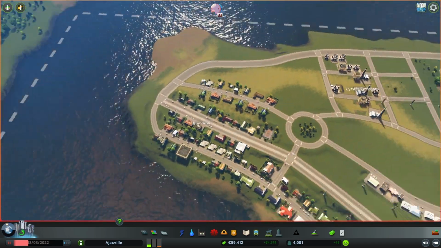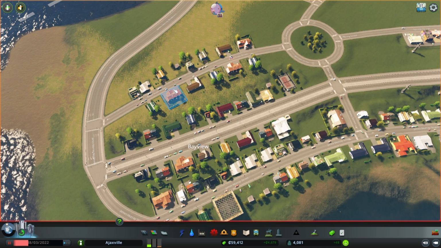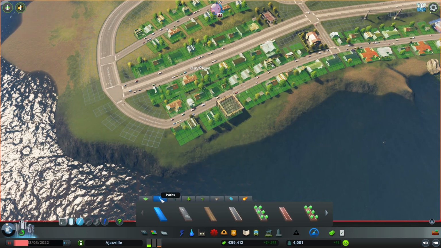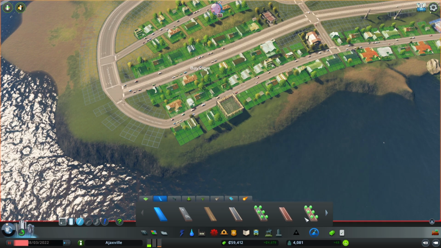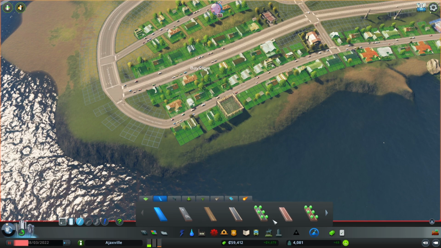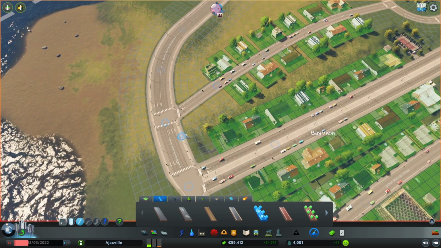Actually, I'm just wondering, can I play around? Because we have got this gap in here, haven't we? Could play around with a path. I don't spend much time with paths. Now, where did I find them? They were in here, I think. Paths. A cycle path. A path with decorations, with trees. That's paved. What's that then? Paved pedestrian with trees. Oh, for an amusement park. It's a different colour, that's all. Zoo path. Well, it's not a zoo. We'll use the ordinary one, I think. So if we move this from here...